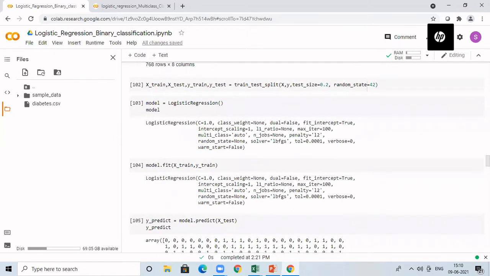Then we are going to split our data set into training and testing. For that, I'm going to call train_test_split. Here I have set the size for the test as 20%. That means that I'm doing 80:20% train test split. So now after the splitting is over, you can create the logistic regression model. For that, I'm creating an object for logistic regression. Once that is over, the object will be ready.